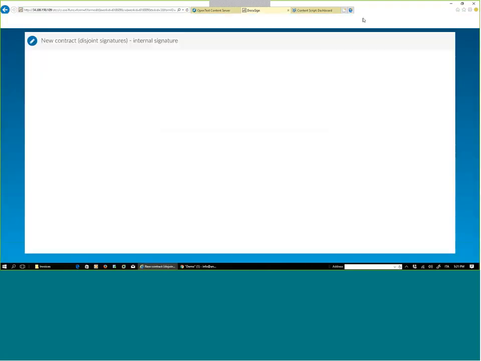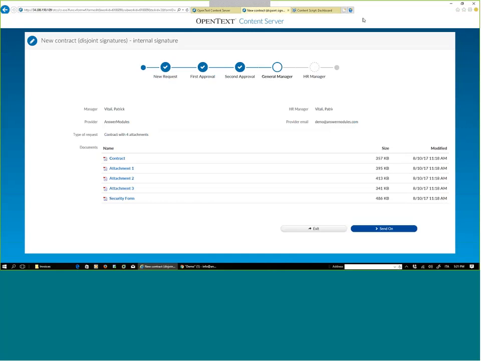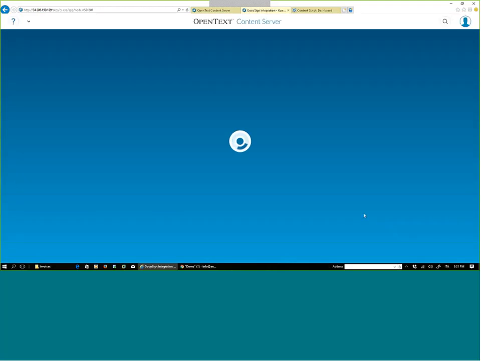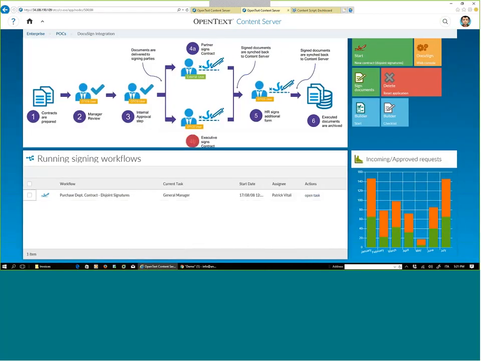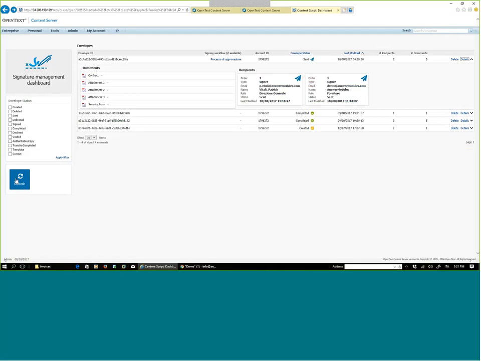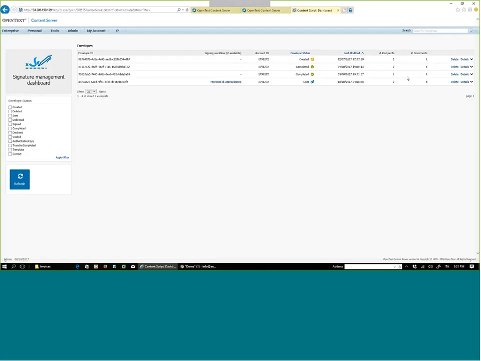And once I have finished my job on DocuSign, I am redirected back to content server, where the possibility to sign obviously is gone, and I have only the possibility to send on my workflow step, so I can just send it on. Okay, so as you can see here, the task is gone while we are still waiting for the external user to complete his job. So if we go back to the dashboard and refresh this information, you will probably see that